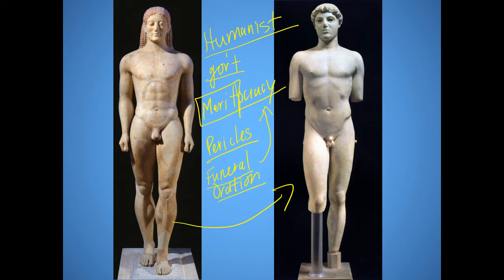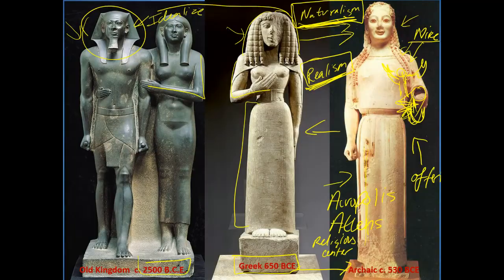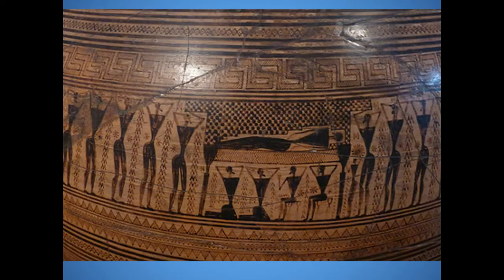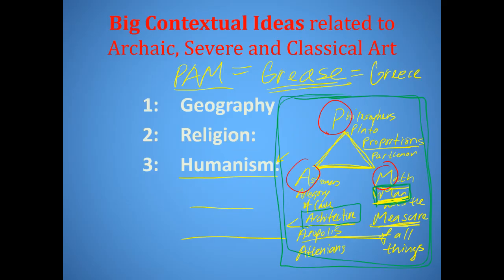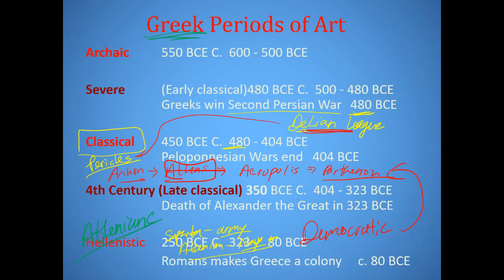Once again, this notion that you should rise above, the constant desire to rise above. This is why we see rapid change over time in art, and why we see something like the Critios Boy, which ushers in the early classical, sometimes called the severe period, right around 480. I think that's the year that I have down here for you guys. Let me go back and double check. Yes, 480 right here.